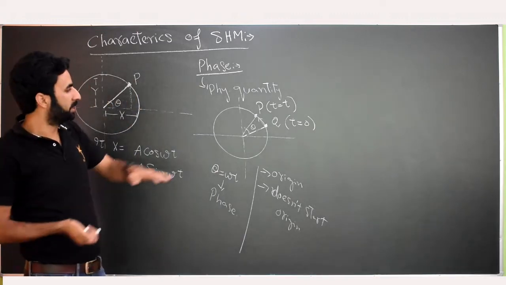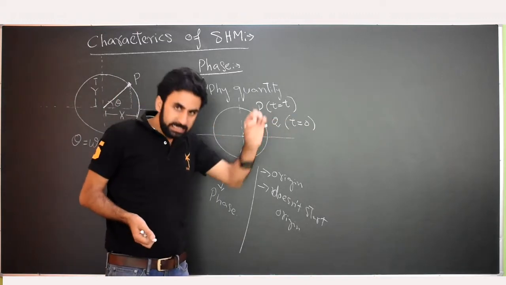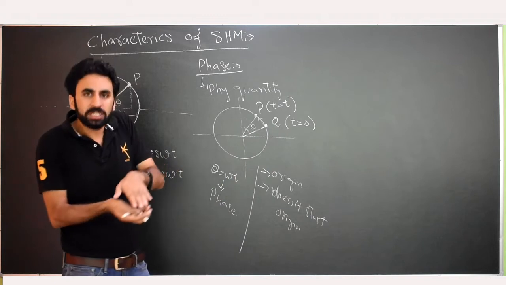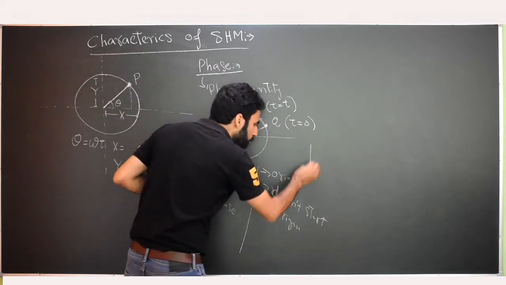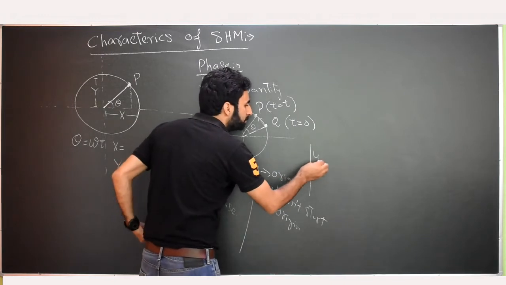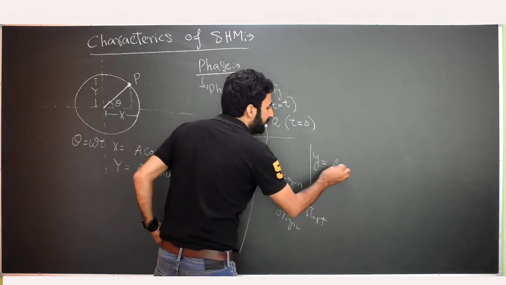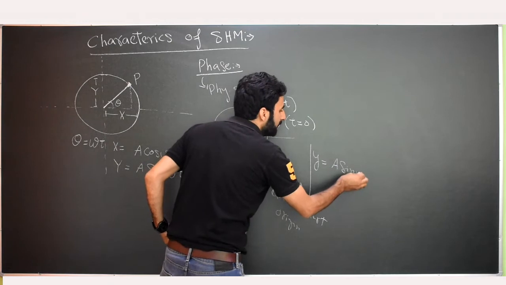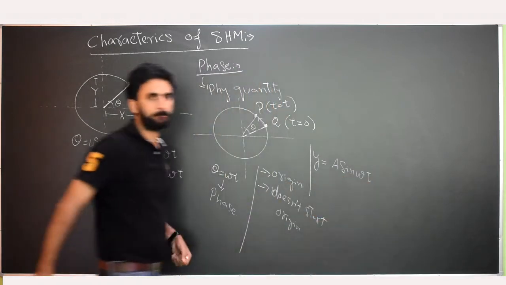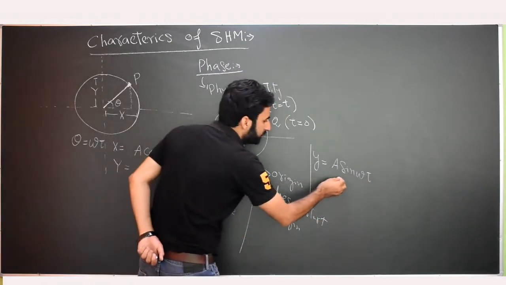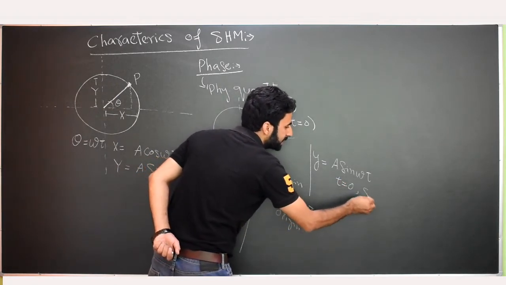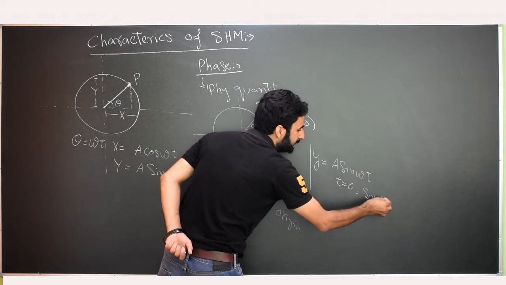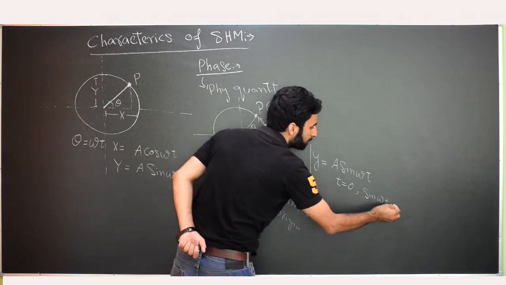In some cases, when t is equal to 0, the phase of a particle is also equal to 0. In that case, you may write the displacement of a simple harmonic motion as y equals a sine of omega t. Because here, if t is equal to 0, obviously sine of omega t will be equal to 0,